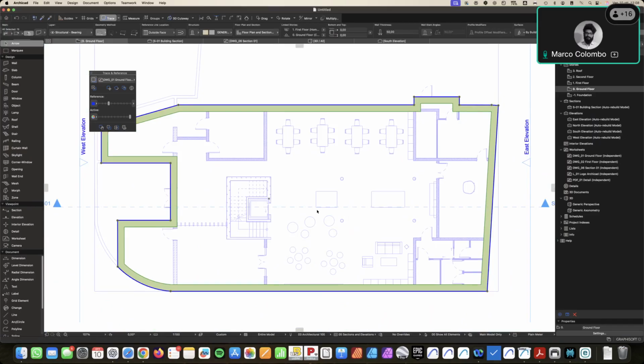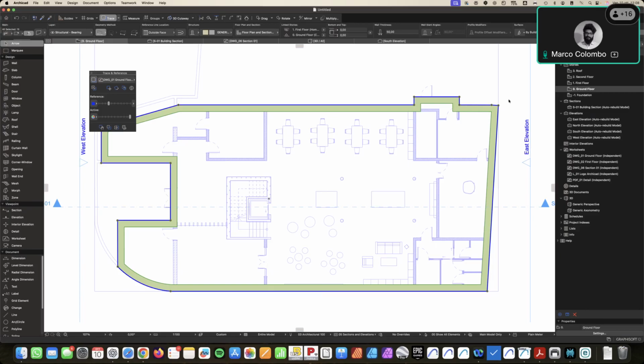okay? And some of you could tell me, okay, perfect, now we have a group, but we cannot modify a single part if I need to modify a single part. But it's not like this, because the groups are an interactive element. The groups work fine when the element is activated. So if the group button, that is this button, called Suspend Groups, is deactivated,